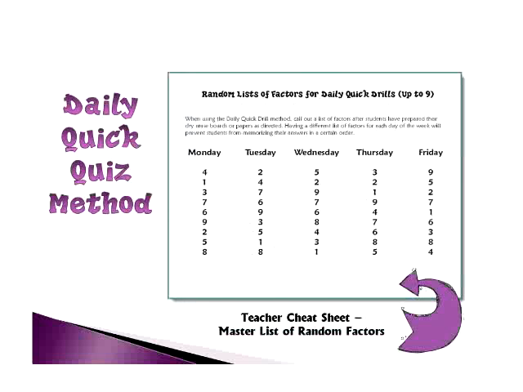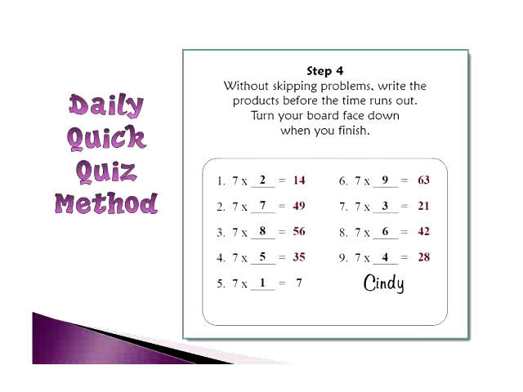Obviously not that fast, but I called them out, and as soon as they'd written them in the blank, they flipped their board over. Now I made a little cheat sheet for myself that was a list of random factors that helped me so that I didn't have to keep thinking of them, and every day was a different set of random factors. So when everybody flipped their boards back up, I started the timer for 1 minute, and they had to go straight down the list,